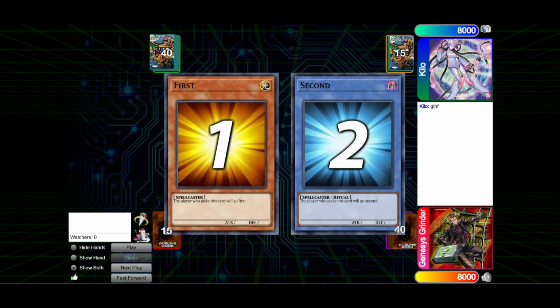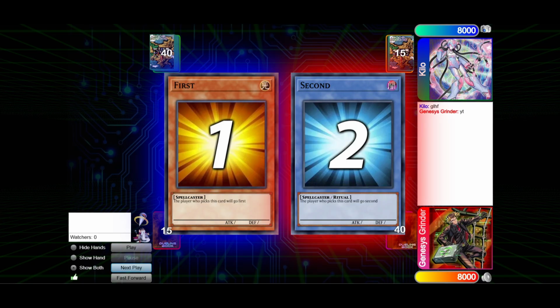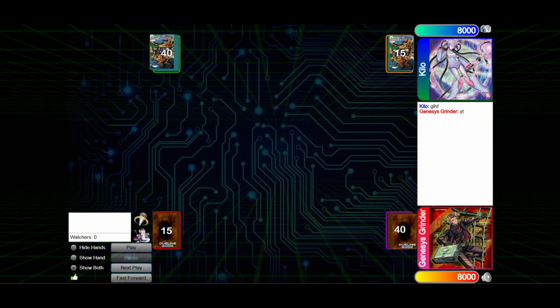Hi, Genesis here. Today we are gonna have the new series of the channel, Zero to Hero. It is the series where we are gonna be climbing the ladder to the first position of the Genesis format on Dueling Book. Today we have the Gem Knight strategy